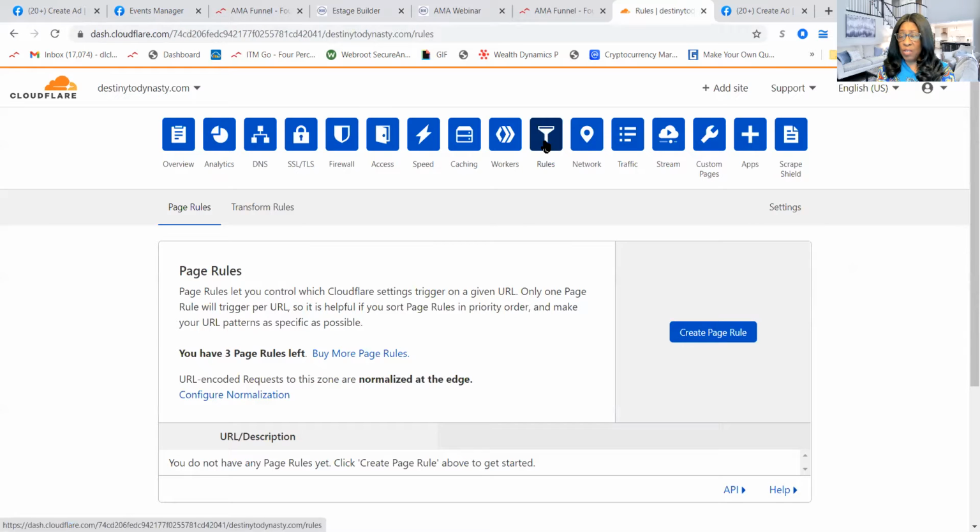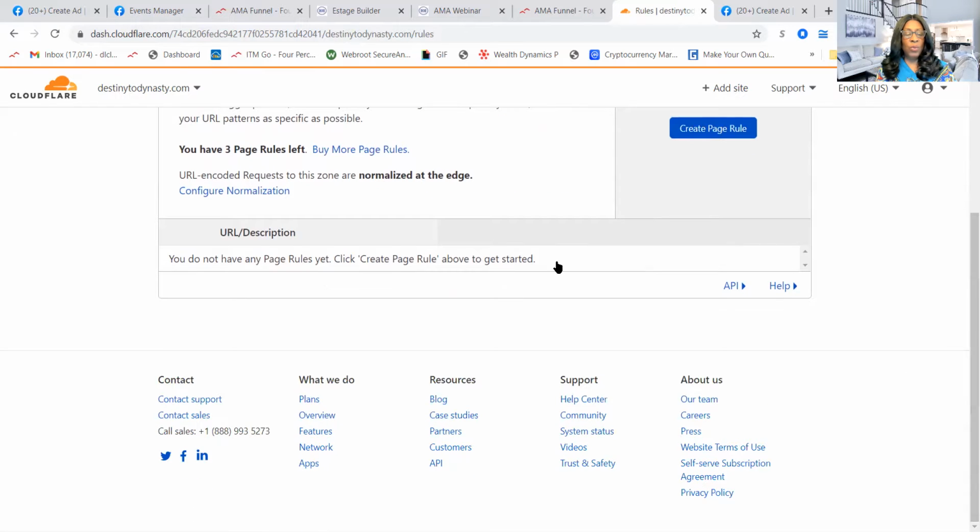If you didn't do this, then you don't have to worry about it. But for some of us, until they added this new function, we did this. And part of the rules is that we added a rule down here that said that if anybody goes to our website, destiny2dynasty.com, this would redirect them right to our landing page,